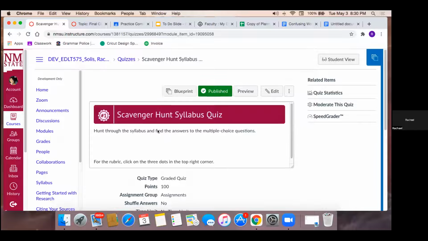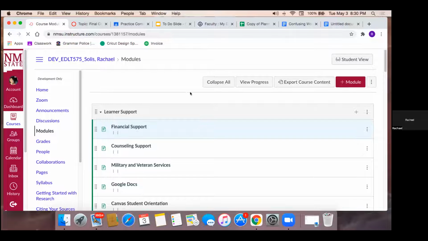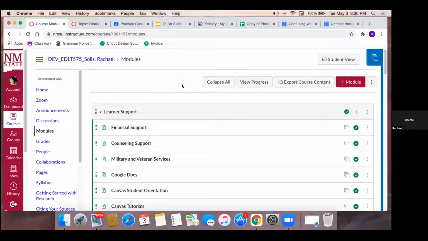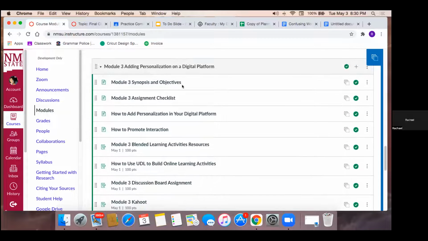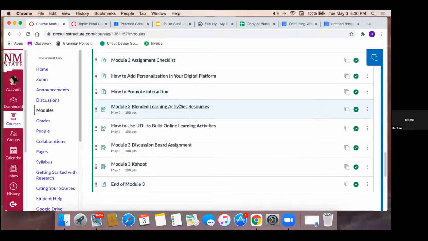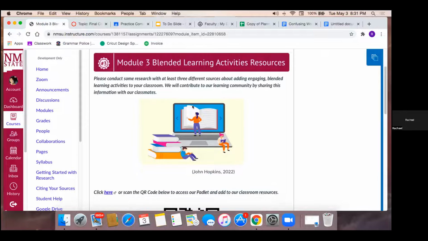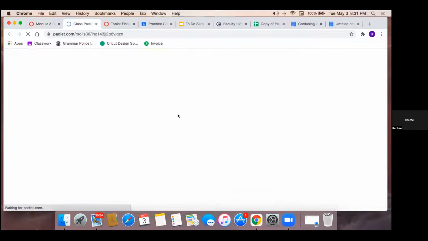I tried to do things like Zooms for self-assessments, just to give them examples. A lot of the teachers that I work with are not really open to technology in the classroom. My students had Chromebooks in second grade, but when I get them as sixth graders, they don't know how to use them. So a lot of what I focused on was modeling Kahoots, discussion board assignments, and Padlets, blended learning activities that we could collaborate and do together. They could either click here, or I used QR codes in my course just so I could teach them how to do that.